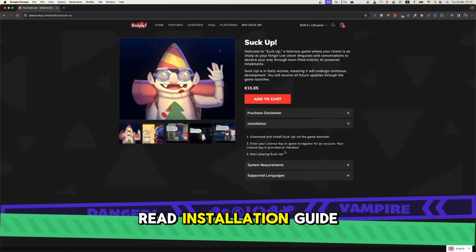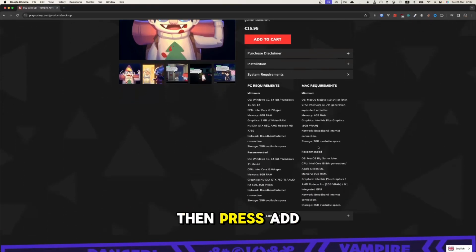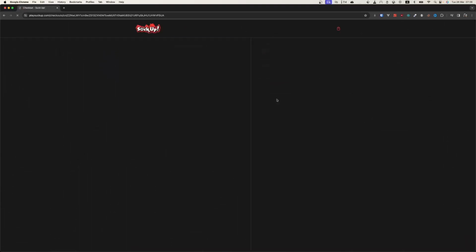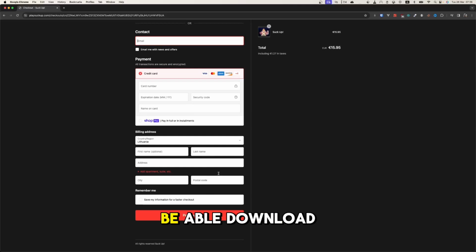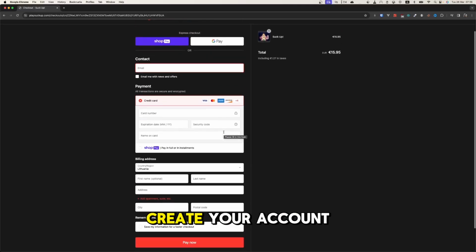You can read the installation guide, system requirements for your machine, and supported languages. If you're good with all conditions, then press Add to Cart, and you will be redirected to checkout. Fill up your information and press Pay Now. Then you will be able to download and install the game, and you will be able to create your account and